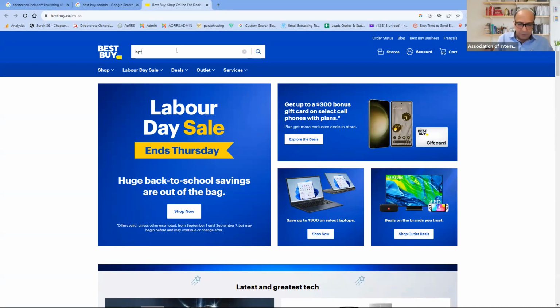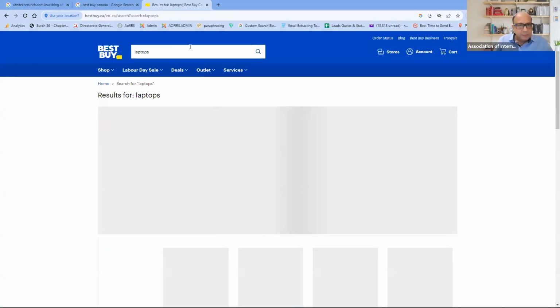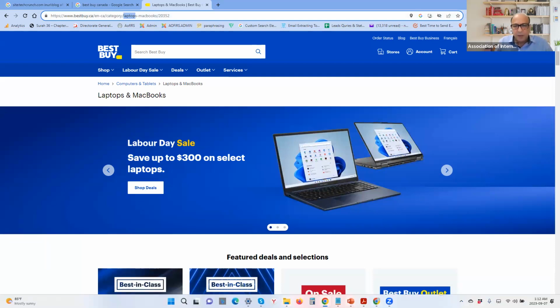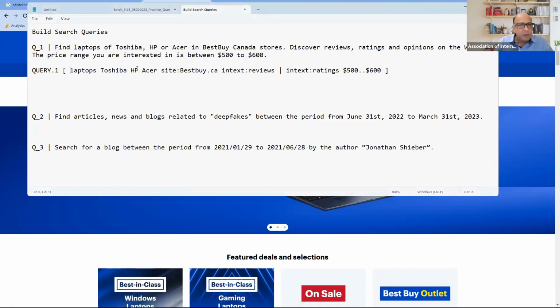If I write laptops here, okay, I might as well be able to use in URL laptops with an S, and I have to be accurate. I cannot mess up singulars or plurals here. So I would say in URL laptops,